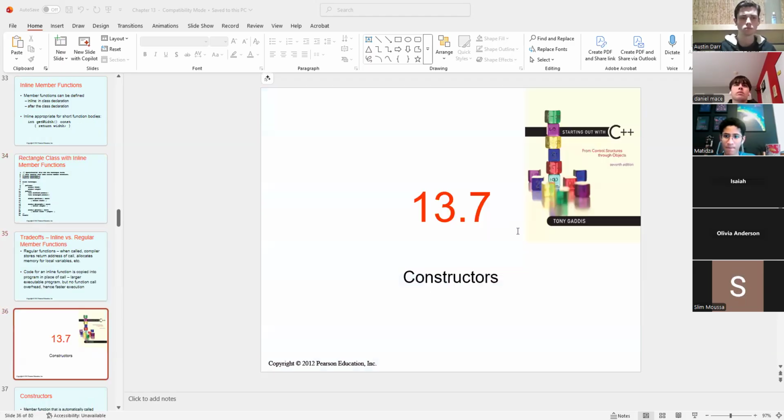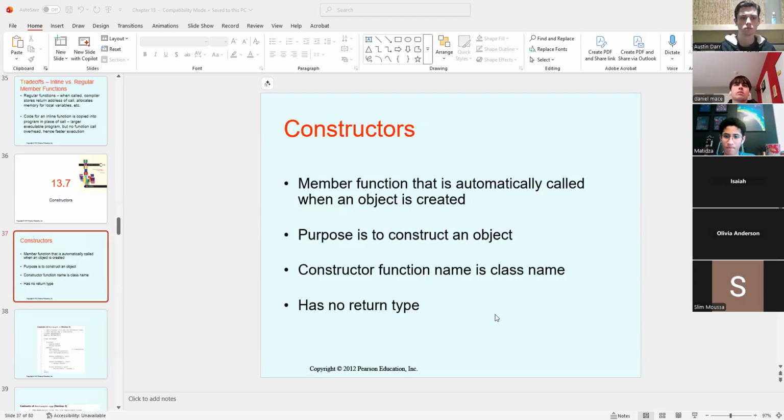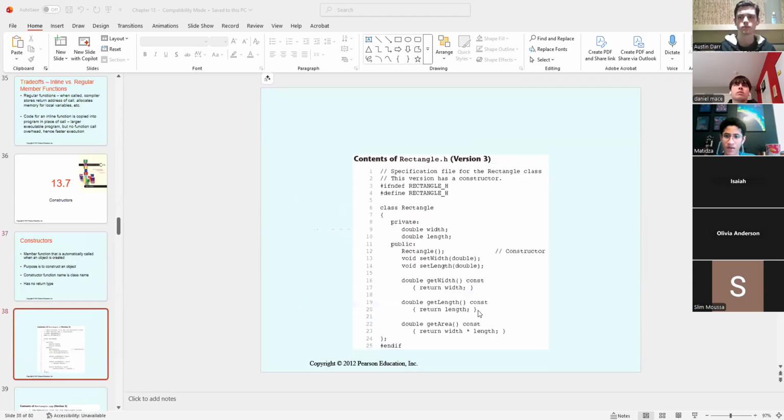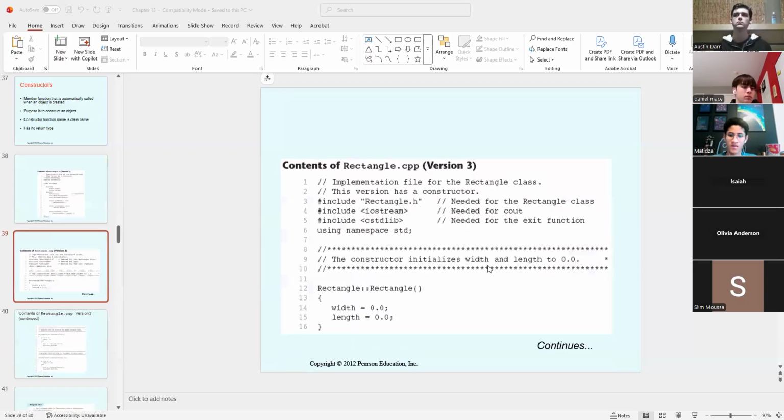Constructors. We're familiar with constructors. We use that word overloading a couple of times. Here in line 12 is a single constructor. It's the default constructor. There are no parameters, so no arguments are being sent over to be stored in those parameters.